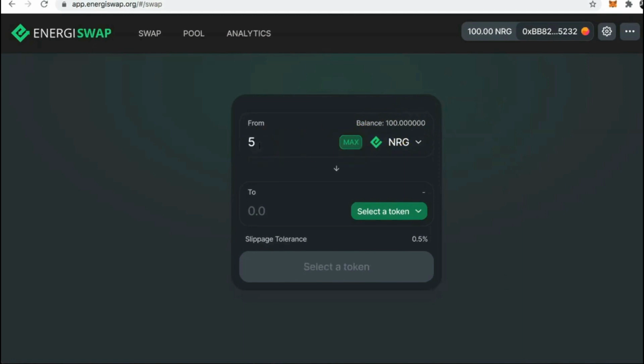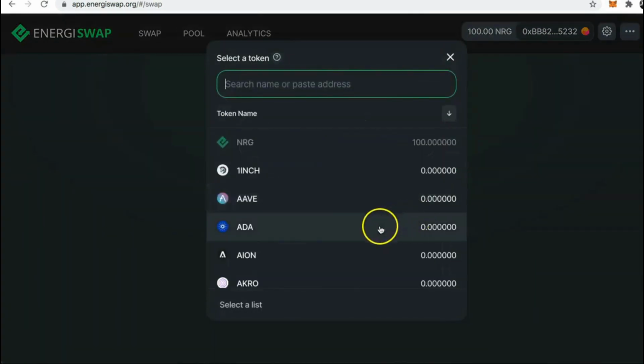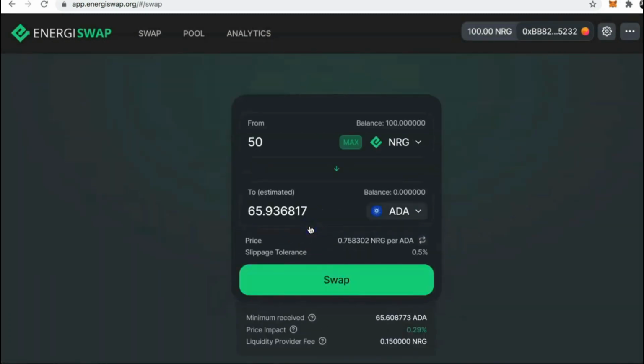As you can see, I have a balance of 100 Energi, and I could choose to swap the max, but I'm only going to do about half of it. And then you select a token that you want to trade, and I'm going to go ahead and select ADA Cardano. Be sure to look at the info below the swap button, and if everything looks good, then go ahead